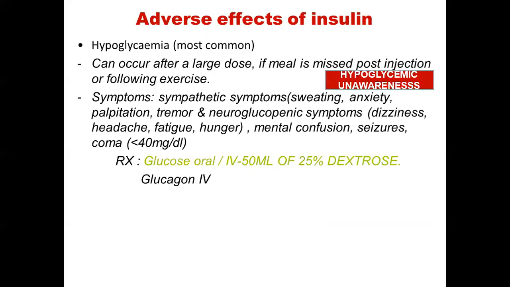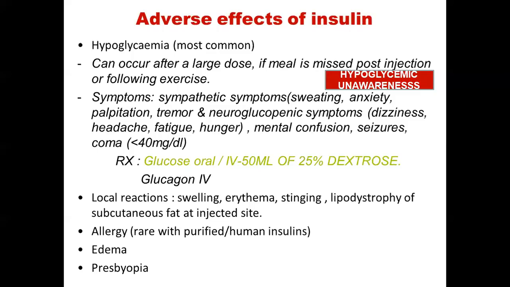Now, there's another terminology called hypoglycemic unawareness. This is a very, very serious problem, and it often occurs in patients who are facing repeated episodes of hypoglycemia. There comes a point where the patient is unable to detect the hypoglycemia. He will not be aware. That usually occurs in patients whose nerves are affected, who have diabetic neuropathy. In those patients, they will not be able to detect the sympathetic overactivity symptoms like sweating, anxiety, and so on. This is a very dangerous situation because the remedy will not be taken, as the patient is unaware of the hypoglycemic episode.